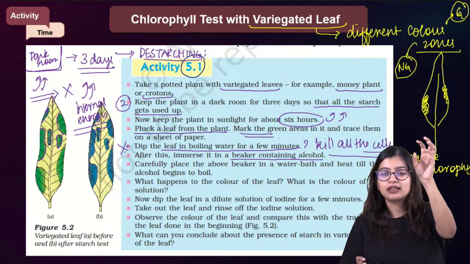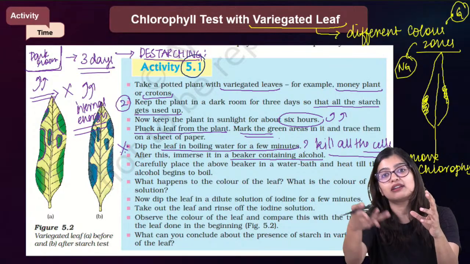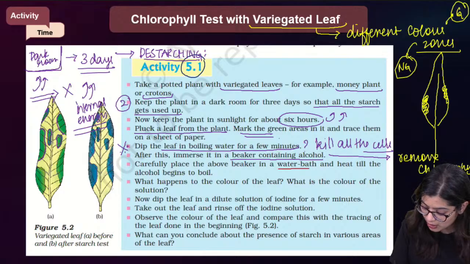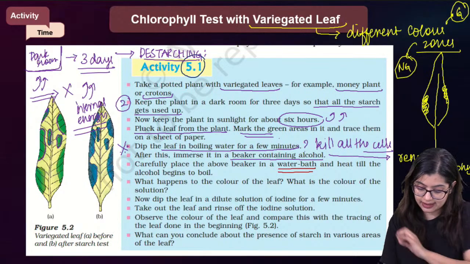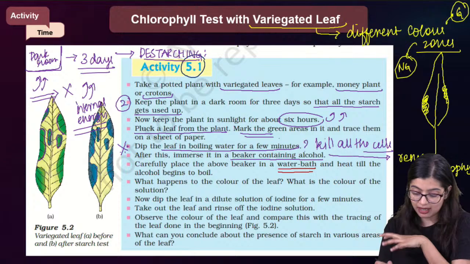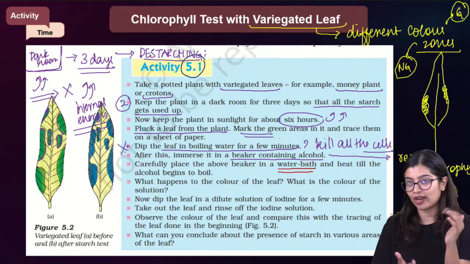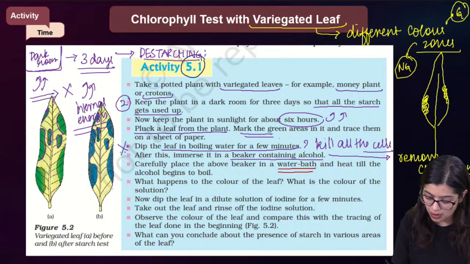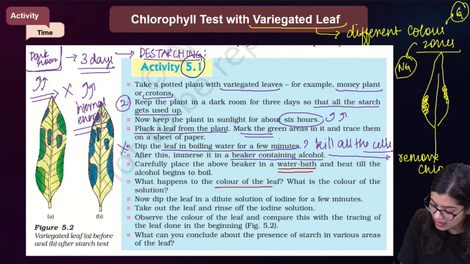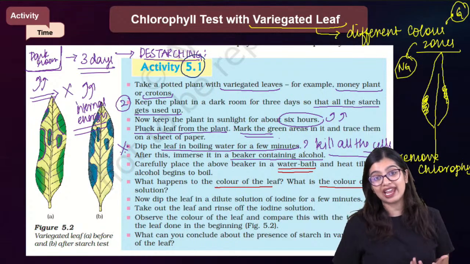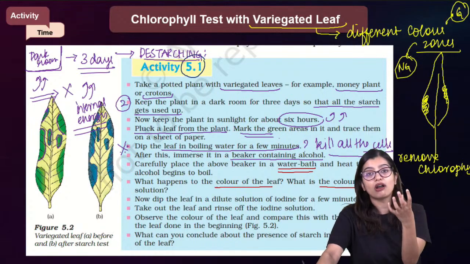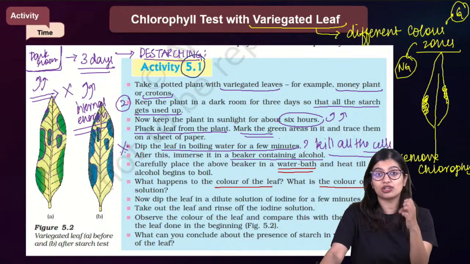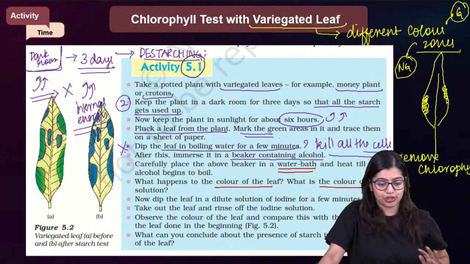I did photosynthesis for 6 hours. Now it is time to get rid of the chlorophyll so that it does not hamper my reaction further, right? And in the end, I will keep it in a cold water bath and heat it, right? So when I immerse it in a beaker containing alcohol, I have to keep it in a double boiler. I cannot just directly boil alcohol. That's not going to happen. After this, what will happen? The color of the leaf and the color of the solution will change. The leaf will no longer have that green color and all the chlorophyll will now be in the solution, which will become a dark greenish brownish color.